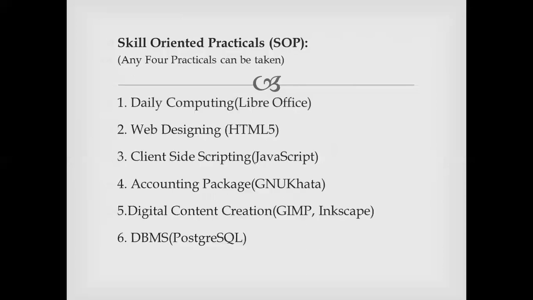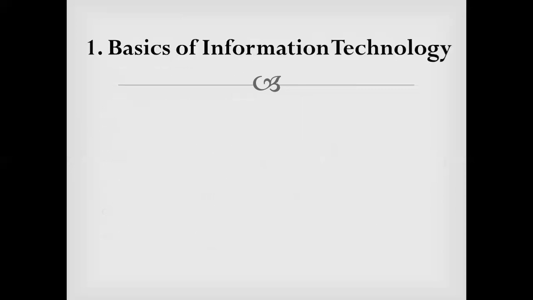So if you will observe the list of practicals, six different topics are given, among which any four can be taken. And all these practicals are application based, which we can use in our day-to-day life, and these all are free open source software. So no need to have a license copy, and you can explore more by practicing more for the practicals. So if we go for the first chapter under your textbook, that is basics of information technology,